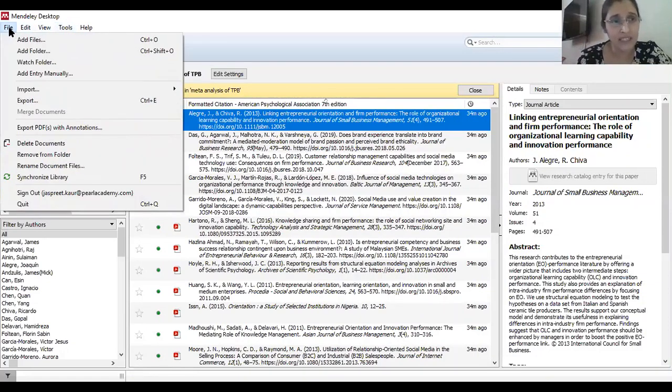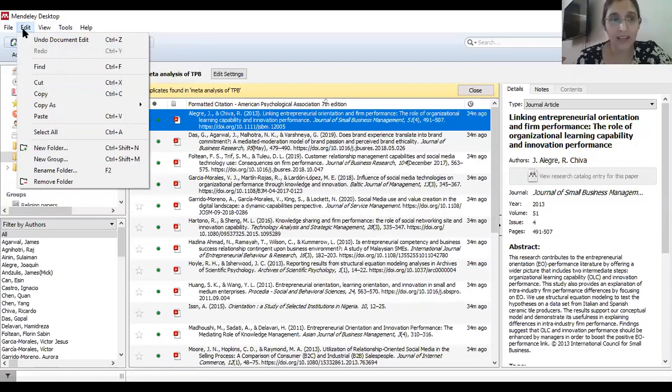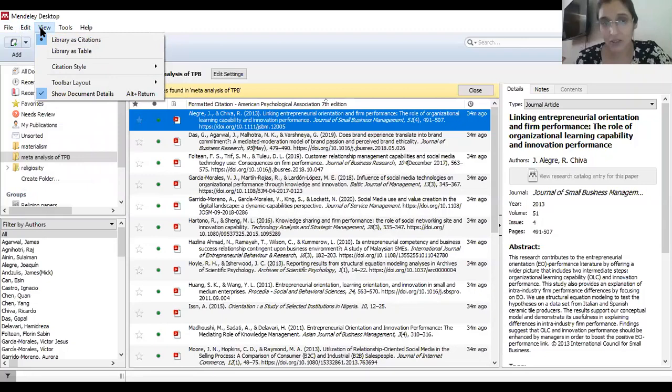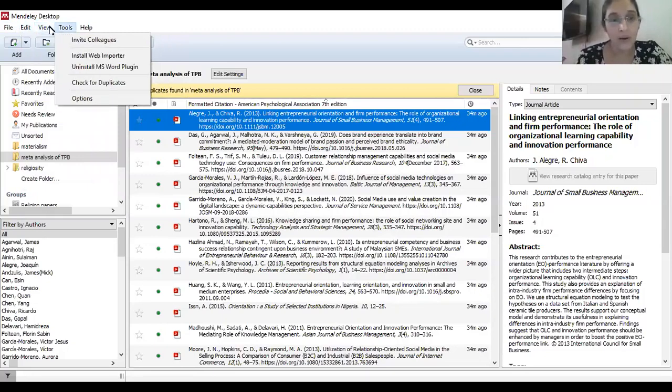We have finished everything: file, add folder, manually, export file, cut, copy, paste, delete, moving from one folder to another, forming a new folder, a new group, view, library as citation, A to Z, chronological order. There are two views.